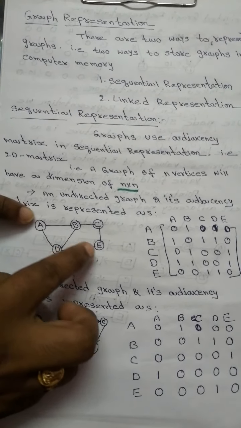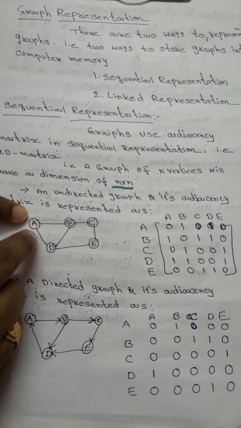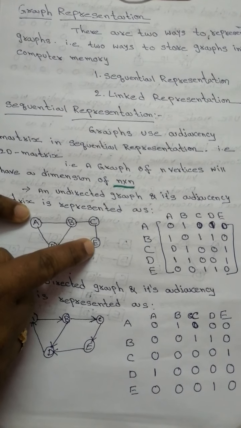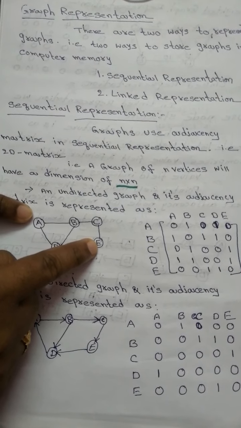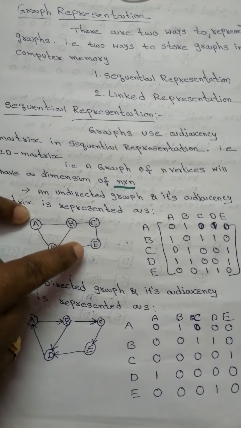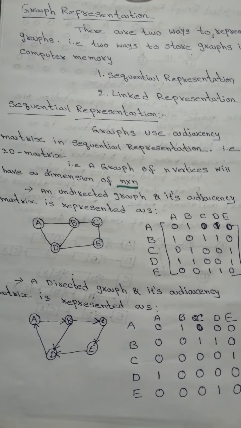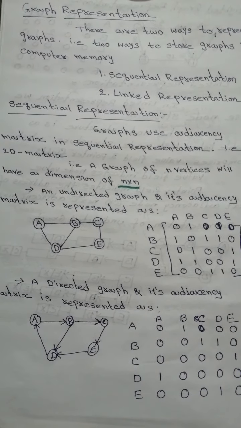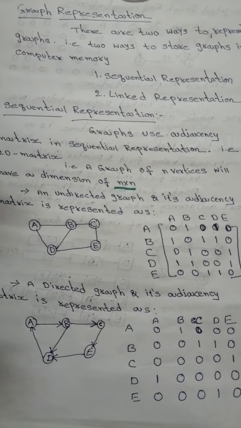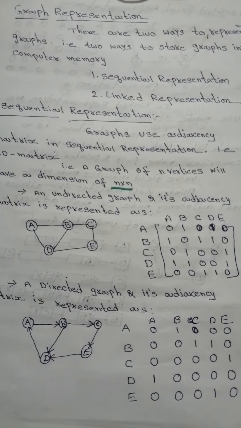If I need to travel from A to E, there is no direct route. Now how many ways can I move? I can move A to B, then B to C, then C to E. Or what is the other way? A to D and D to E. Among these routes, which is the shortest route and takes less time? In order to identify that, we are representing the graphs in this notation, storing the graphs in this format in the computer's memory.